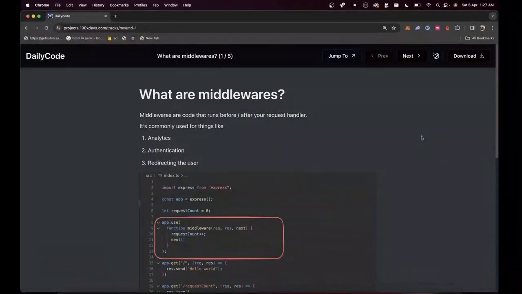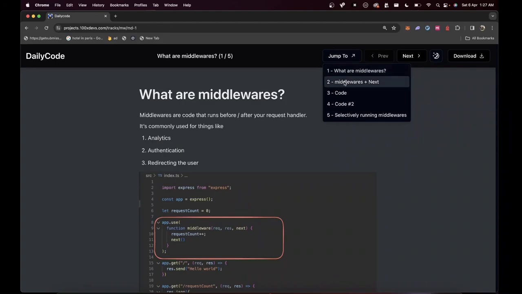Alright, hi everyone. Welcome to a video on middlewares but in Next.js. We have already covered middlewares many times now, especially in Express. So we'll do a quick refresher of what are middlewares. Then we'll understand how do you introduce middlewares in Next.js. Why are they useful? Then we look at some code, some more code, and then understanding how you selectively run